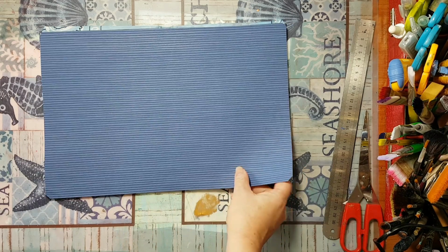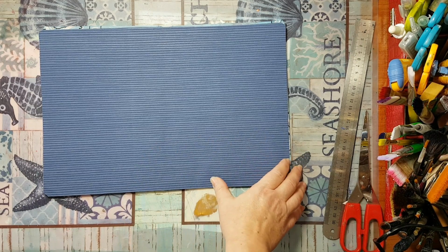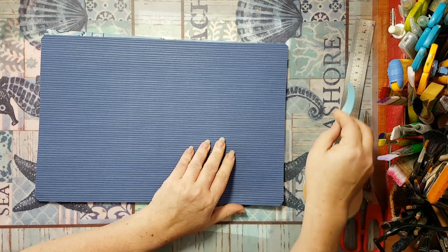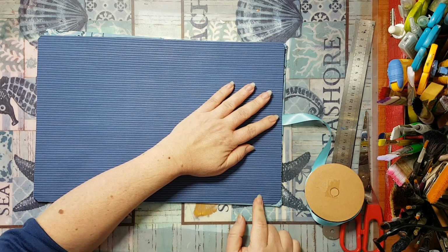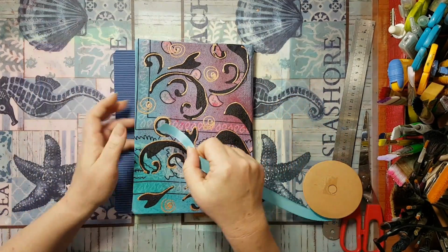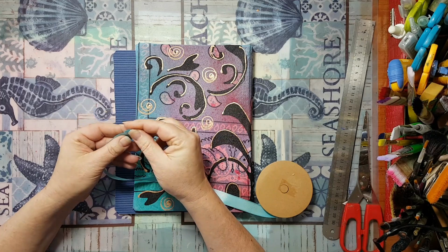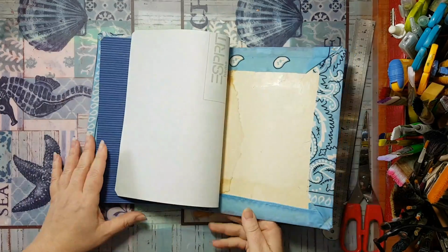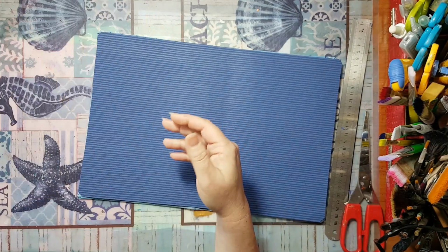Now before you're doing this side, you need to figure out if you want some closure for this or not, and what kind of closure. Why am I mentioning it now? Because if you want a closure with a tucked in ribbon, then you need to glue down the ribbon first and then seal everything. If you forgot, you can still attach a ribbon here, and to conceal this end of the ribbon you can always put any kind of button or charm that will hide and make it beautiful. So this is one of the things. Now I'm not going to do any closure, it's just going to be like this. I'm going to put my jelly prints in it, and